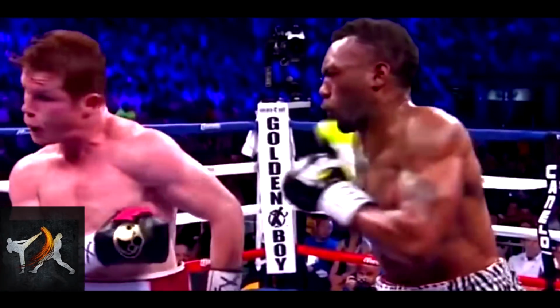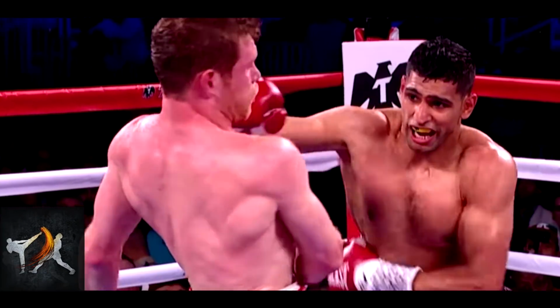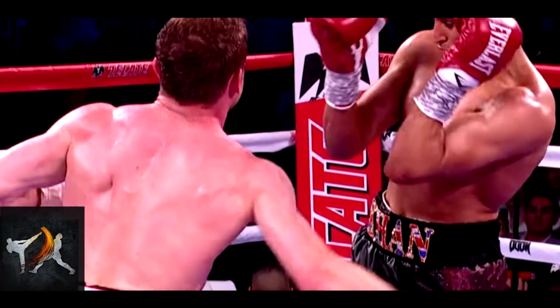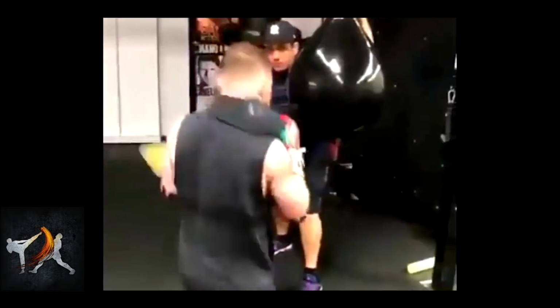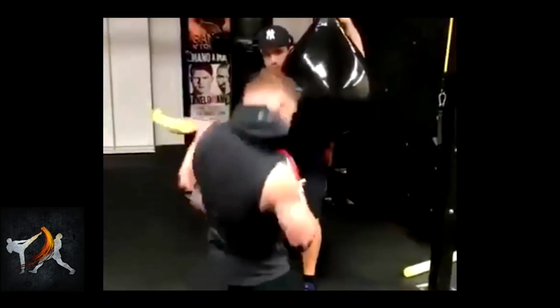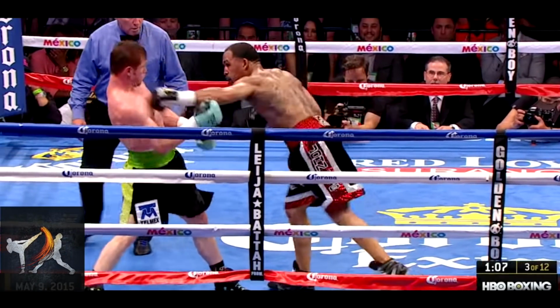Like Ali, Canelo can turn his head to let punches barely skim his cheek. This would usually be extremely dangerous to practice with a partner, but the foam gives Canelo as many tries as necessary. As for Ali, I wouldn't have put it past him to have developed this tactic all on his own through sheer bravery and recklessness. While turning his head certainly looks amazing, most of Canelo's knockouts come off of a regular pull, followed quickly by